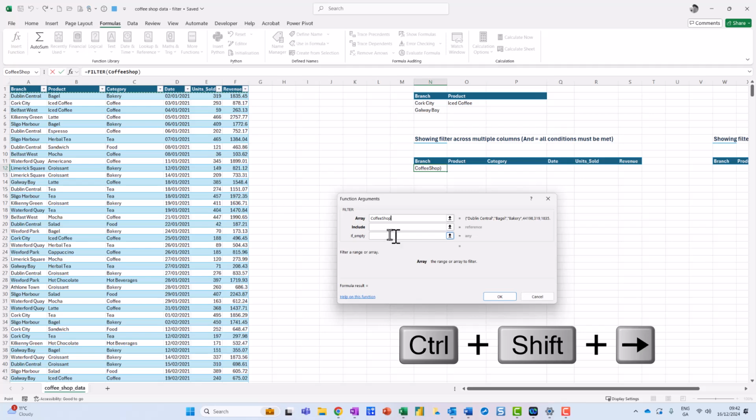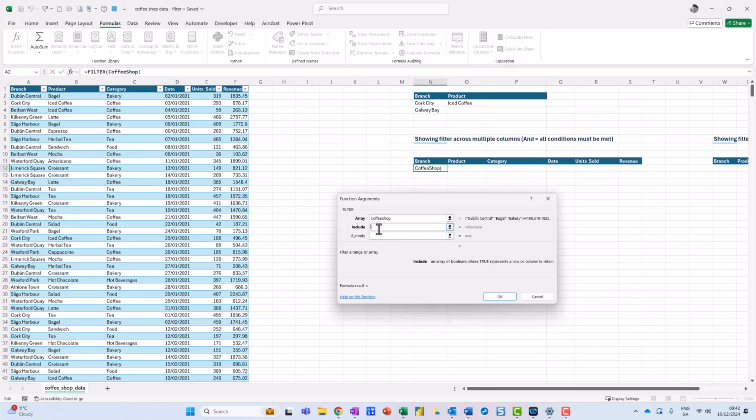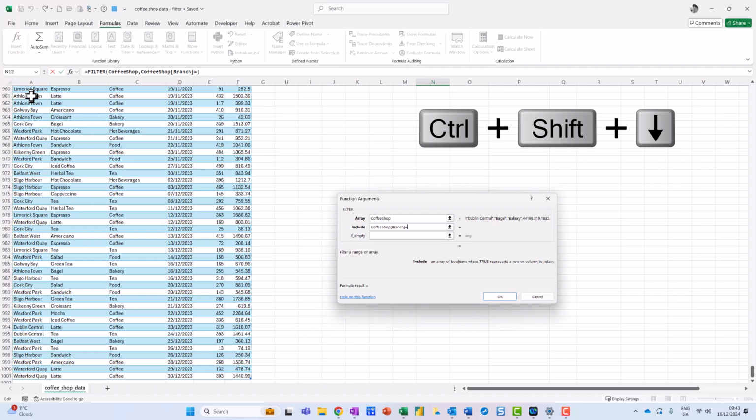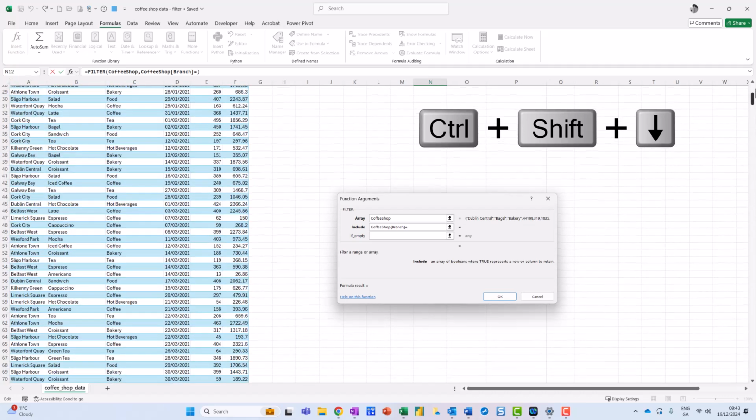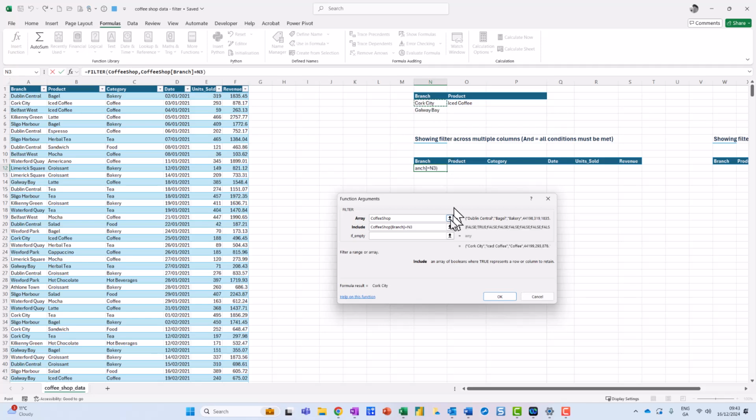Now what I want to include then is, I'm just going to start with this one, because for the branch up here, I want to show the Cork City and the product iced coffee. So I go down to the include bit, go over here to my branch, click here, do Control Shift arrow down, and I say equals, and then I come back up again and click on Cork City here. Just to say, when you do this, you need to put this first bit into brackets. So enclose that in brackets,